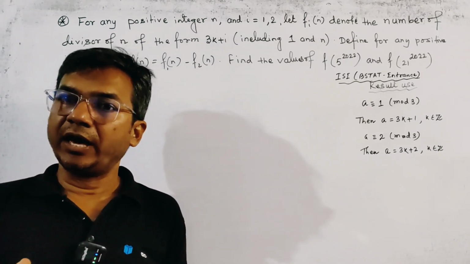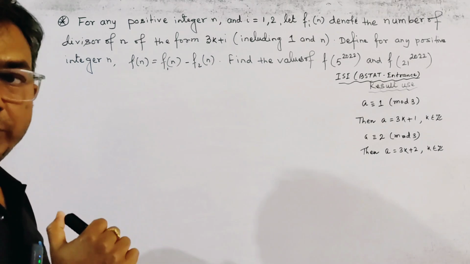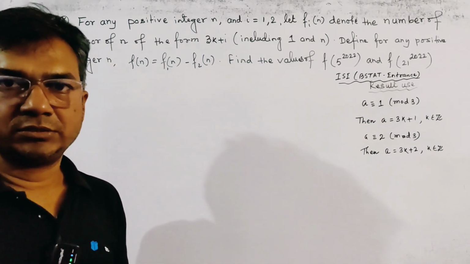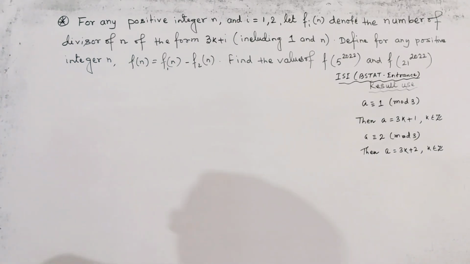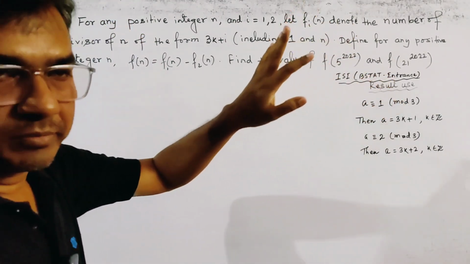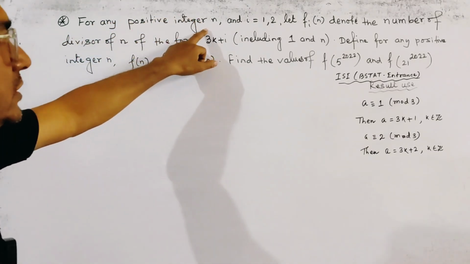This is a very interesting and conceptual problem of number theory, which is based on the theory of congruence. The problem is from the ISI B.Stat entrance exam. The problem is: for any positive integer n and